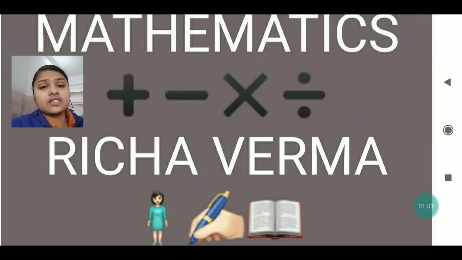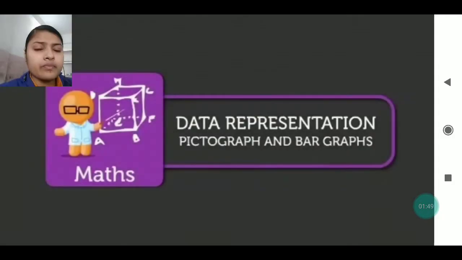So, my dear students, this is the pictograph. What do we understand by the word pictograph? Picto means picture, and graph means representing with the picture. That is what a pictograph is. There is one more topic in this, that is bar graph. Now you will say, Miss, what is bar graph? We have not heard. We will discuss it, but today we are only going to discuss pictograph, and in the next class we will discuss the bar graph.